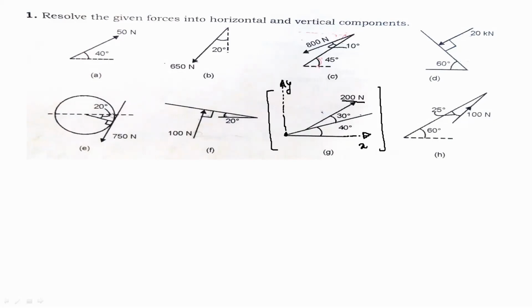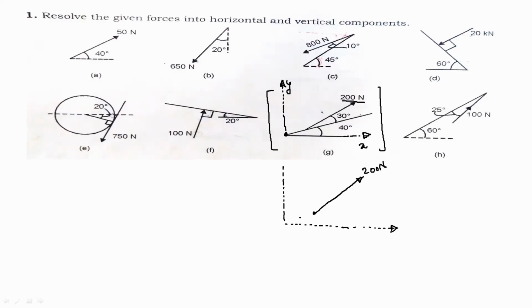So this 30 and 40. So what is 40? Angle of this inclined line with respect to x-axis, and this 30 degree, it is angle of force with respect to this inclined line. So to find out total angle of 200 Newton with respect to x-axis, just add these two angles. So total angle will be 40 plus 30, that is 70 degree. Okay. So I will draw the diagram. So your force is starting from this point, and this is the direction of 200 Newton.